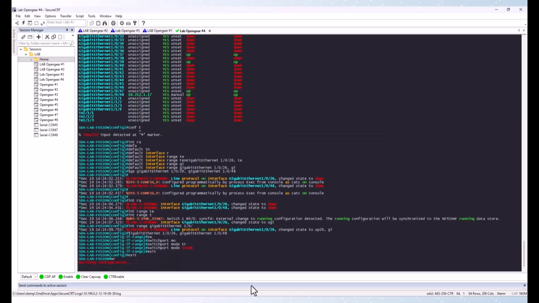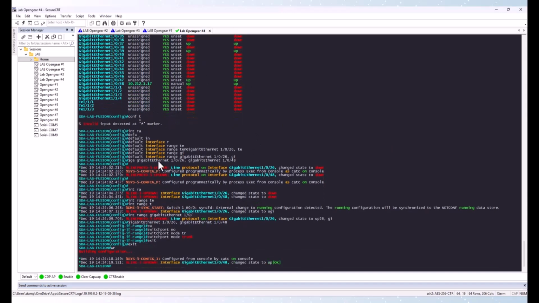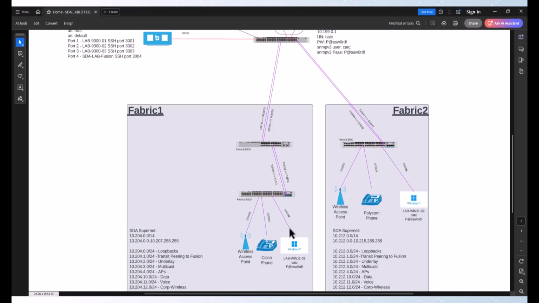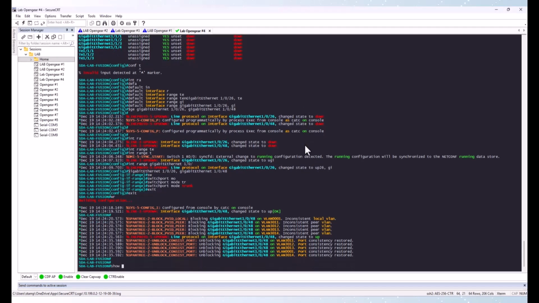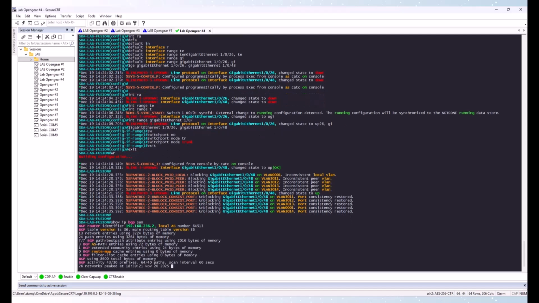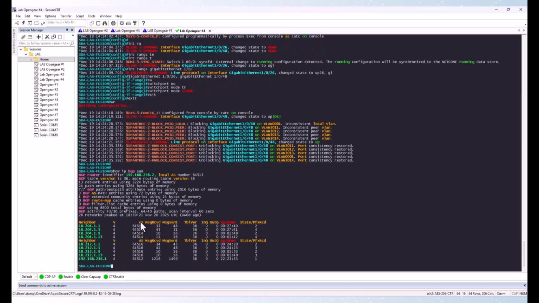Trunks. And again, this is redundancy. Typically, I kind of keep beating this to death, but we wouldn't have the two links to the same switch, right? This would either be a stack up here and it would be across the stack, or it would be two completely individual switches, however it's configured. But this is a little weird with the redundancy, just due to the fact that it's lab. So now if we look at our BGP,